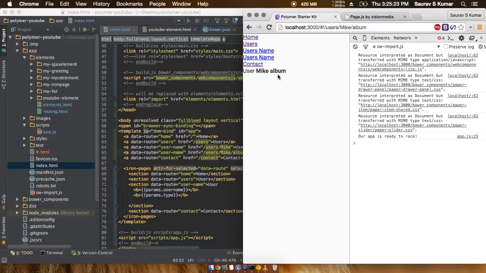And just in the end I'll show you again the routing part. Here if I click only Mike, and then click on the next link where there's a /album, we can see that this /album has been correctly